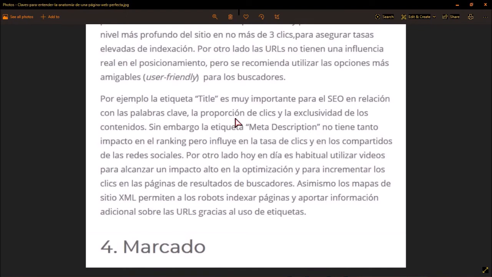Now, I was saying that within the positioning recommendations here, it says that we can use the HTML tag called title to include some information about the web page that is very important for search engines to find and show your page.